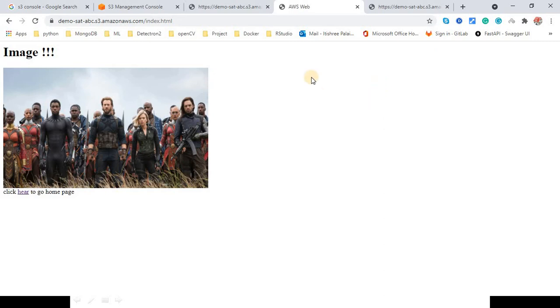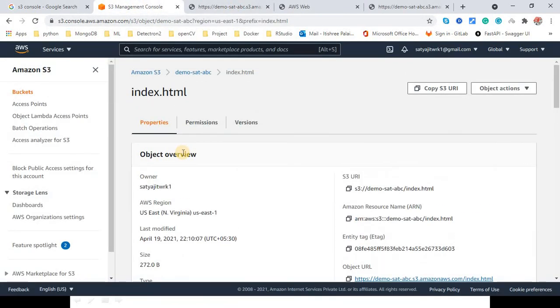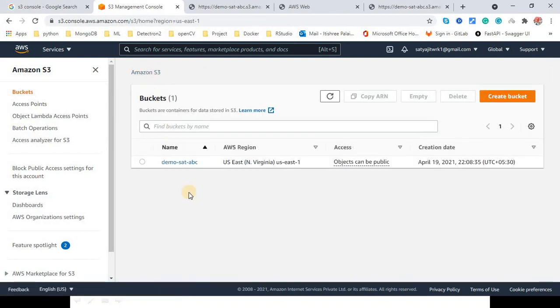Okay, this is all about how to create an object and how to create a bucket. Let's go back to our bucket again, and let's say you want to remove it. Before removing, in some cases you know that this bucket name is unique across AWS.